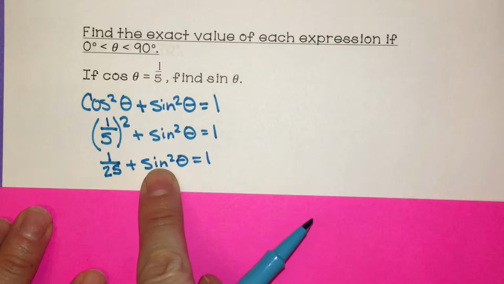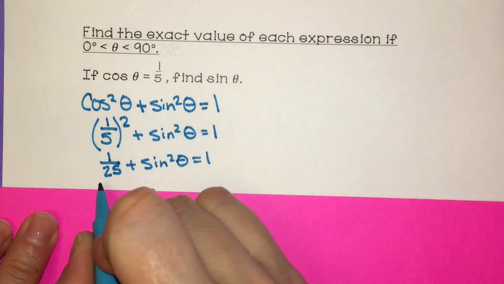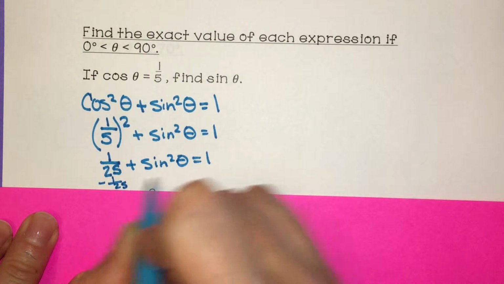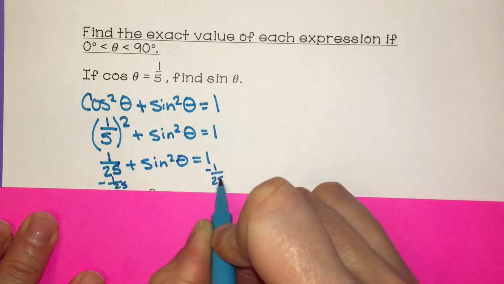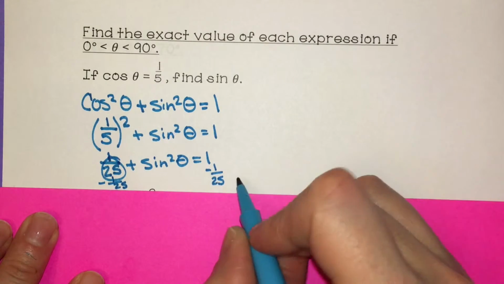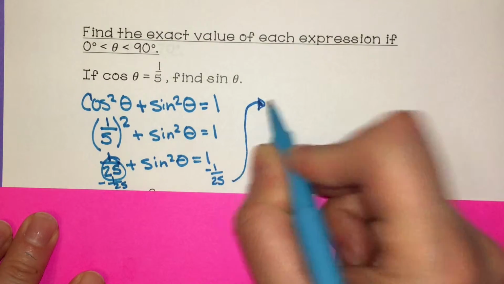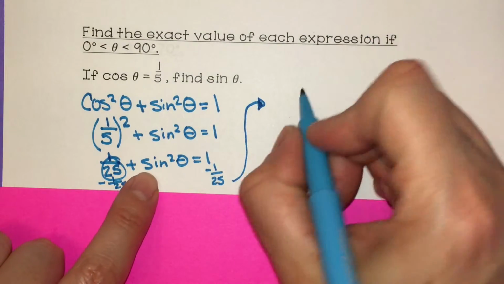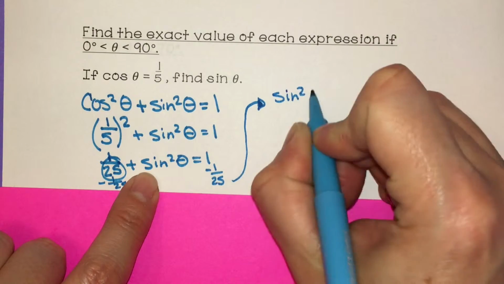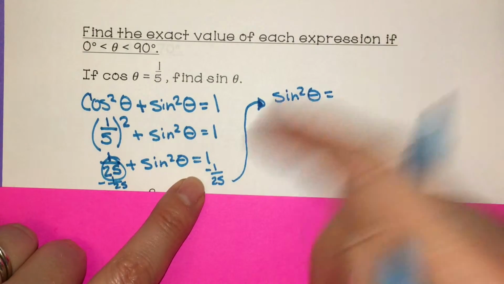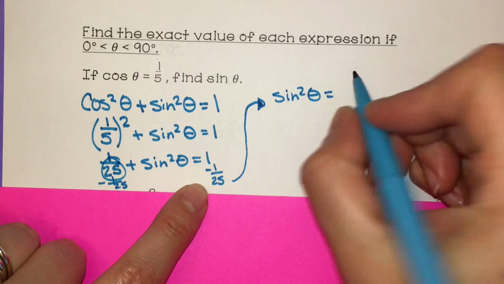I want to get sine theta by itself, so I'm going to subtract 1/25 on both sides. Those cancel each other out. I'm going to move my problem up here. And I have sine squared theta is equal to 1 minus 1/25,